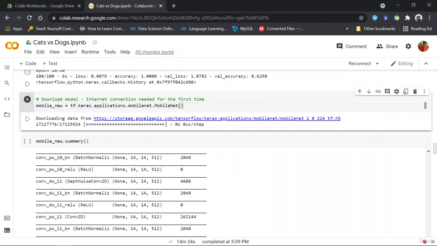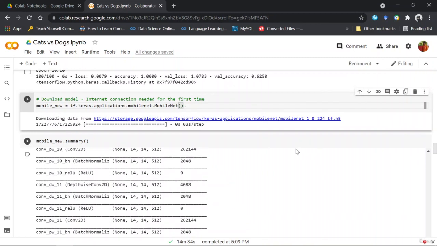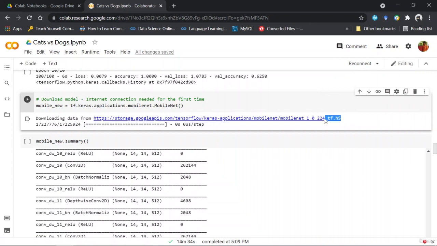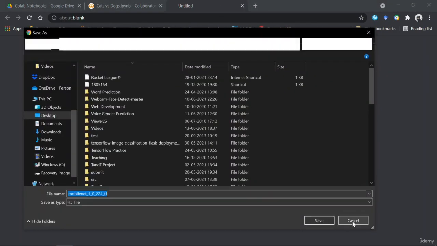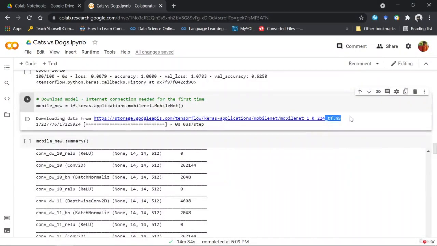If there is not, then it downloads it from its database and then you can start using the MobileNet. So for the first time, you must have an internet connection so that you are able to download the MobileNet file. You can see an H5 file is present here.